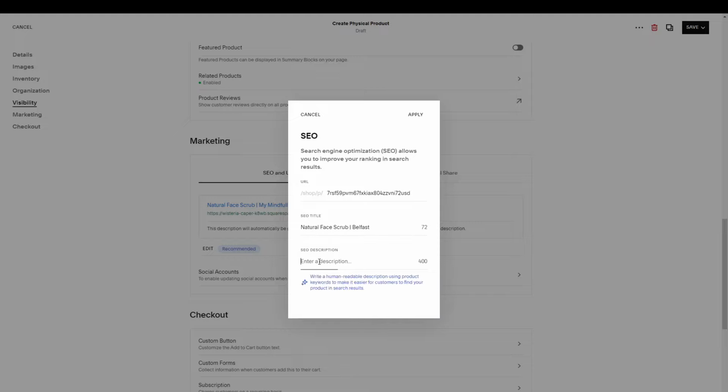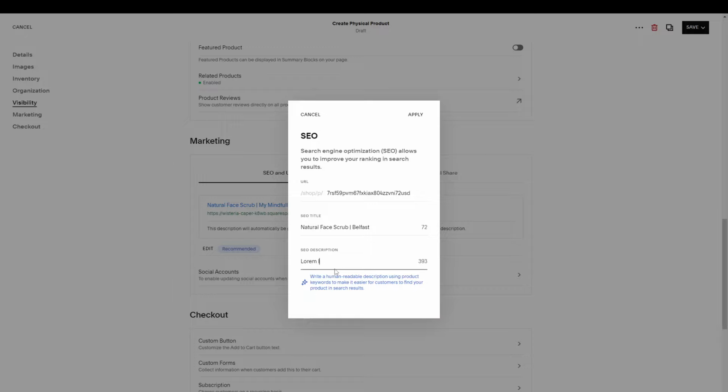And you also want to give it a description. So the meta description is essentially a description of that particular page of your site. You want to make sure that you're describing that particular page or product, and it lets Google know what that page or product is going to be about, and it also lets users know what that page is going to be about without actually clicking onto your site. And you want to type that in here,